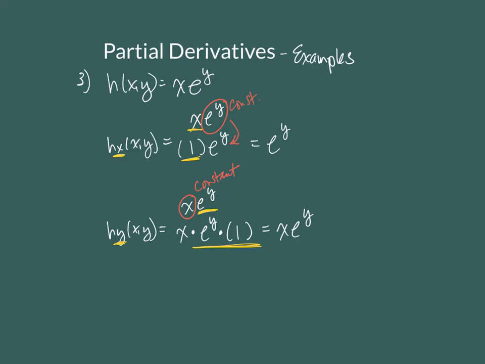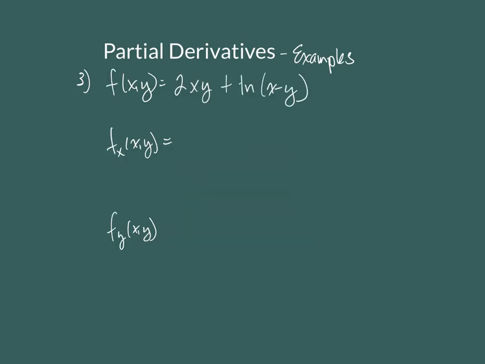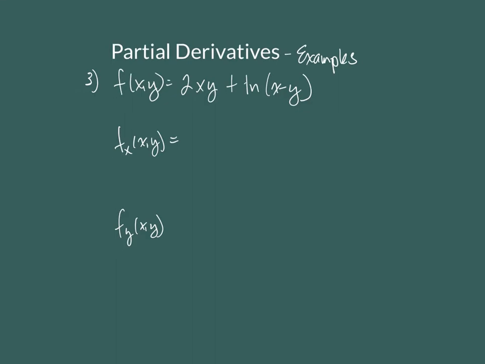Okay. I've got another one here for you. Let's throw a logarithm in here, a natural logarithm, so we can see how that is tackled. Just remember the derivative of a logarithm is the derivative of the inside over the inside. That rule still holds. It doesn't matter that I now have a function of more than one variable, that structure still works here. That's still what we need to do.